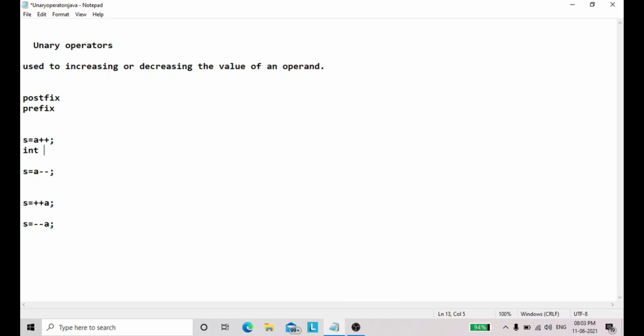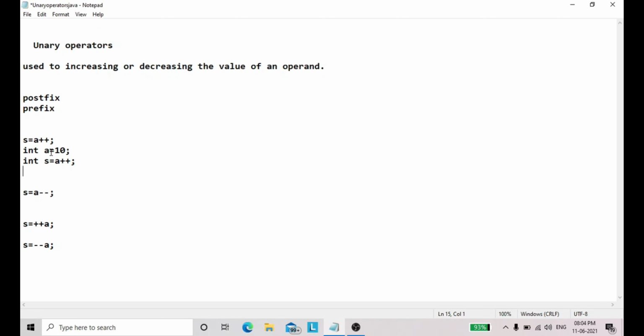Here I am declaring int a = 10. I am assigning. Next I am declaring int s = a++. Here what will be the value of s and what will be the value of a?